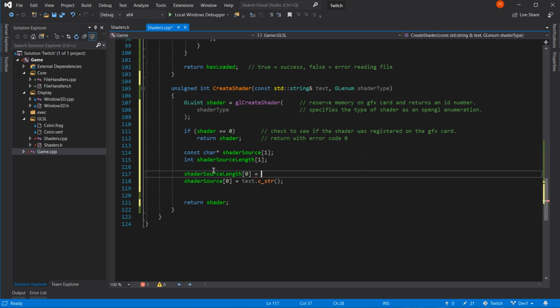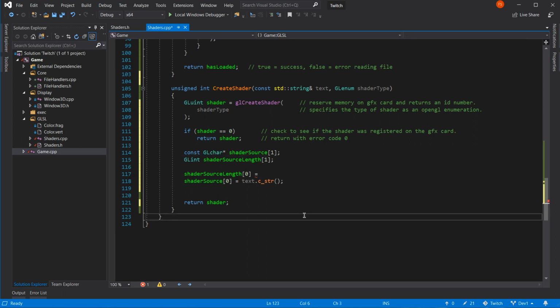I've put it as an int, have I? Okay. Don't use an int. I wonder if that's supposed to be a GL char. That makes more sense. That's already GL. Yep, that's okay. That's alright, so now I can do it.